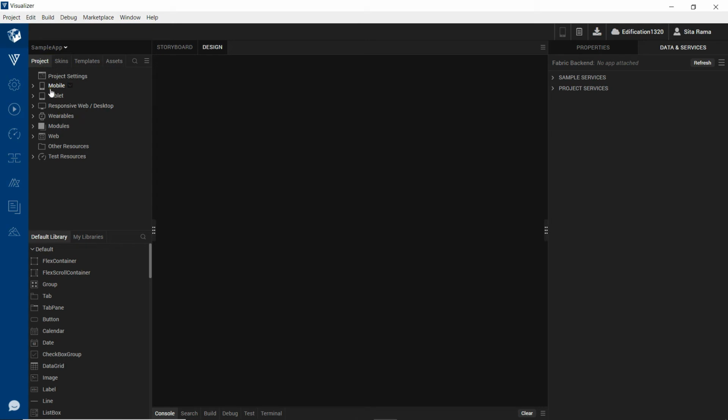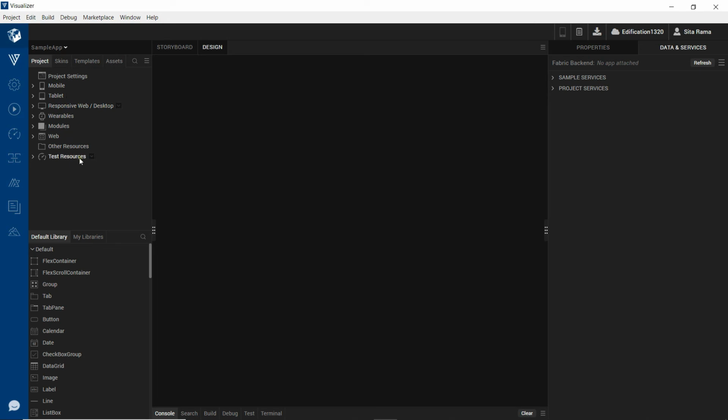that's why Visualizer provides this option of having multiple folders inside the project structure. So from this single project, you will be able to create screens for your mobile channel, tablet channel, variables and desktop.